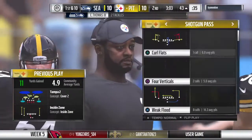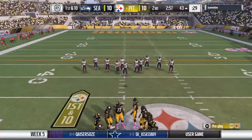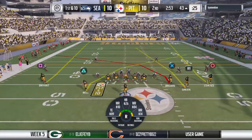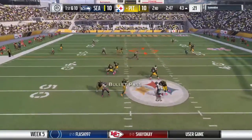Whether it's what we call an even front or an odd front. And an odd front's real easy to figure out. If that guy is lined up over the nose of the center, typically that's an odd front defense. Odd number of people, meaning 3-4 versus the 4-3, which is an even front. You've got to control those guys in the middle, whether it's the nose or the...